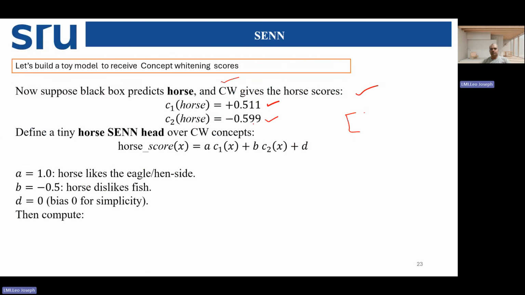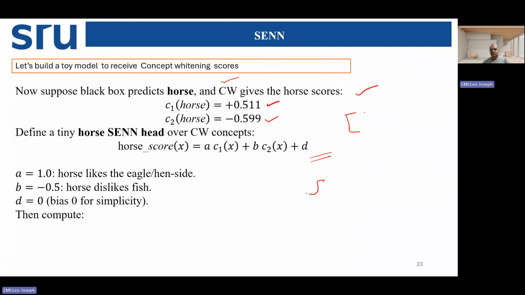0.511, minus 0.599, I am getting for C1 and C2. Okay. Suppose horse score is nothing but A into C1 of X plus B into C2 of X plus D. D is the bias. Horse is like hen, eagle or hen side. That is, it is not a fish. Okay, so it is not a fish, but how it is assuming the weight means